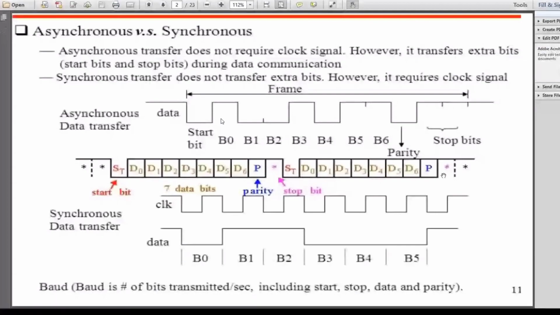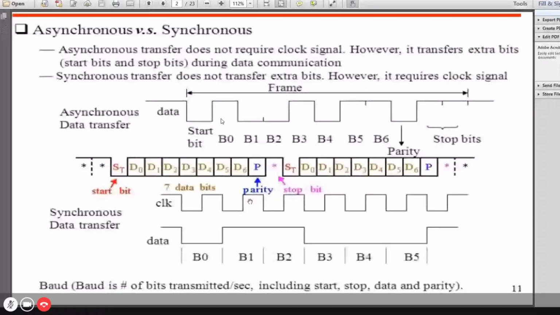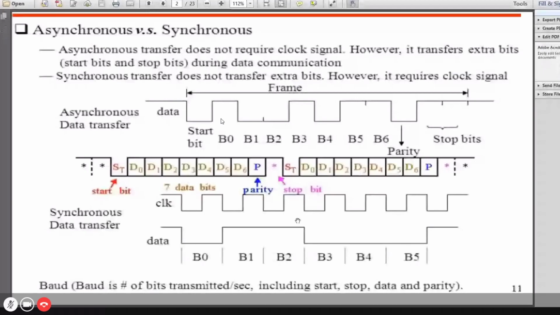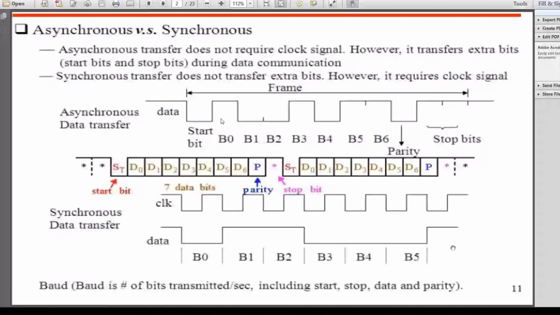Now the synchronous communication needs sync pulses, clock pulses. These are all from one clock; for one clock period, the first data will come. In the second clock period, you have the second data. Likewise, if you look at the data line, it is just a series of bits which are transferred. There are no extra bits added. So the efficiency of the transmission is better compared with asynchronous, where start and stop bits and parity all waste the data space of our line. So synchronous and asynchronous work in this manner.